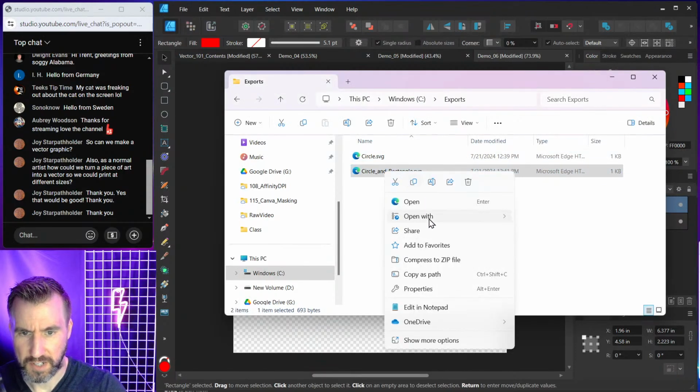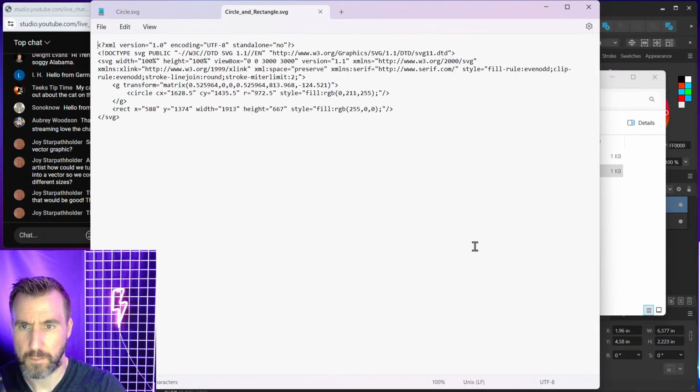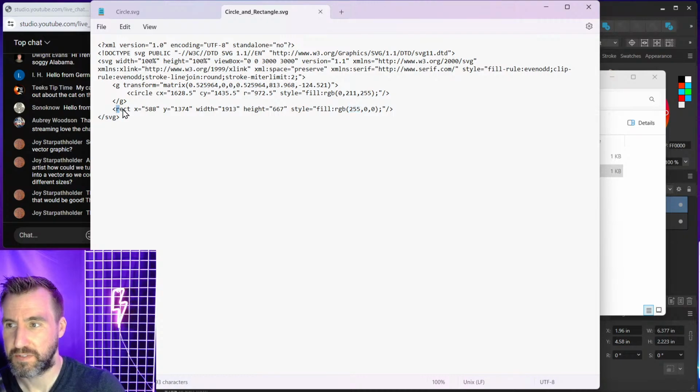I'll open this one up in a text editor. So here you can see this is the rectangle we just added. Okay, so it just gives it an X and Y position, a width, a height, and it filled it with red. So it's very easy for any program that understands vectors to just draw this. And if you want to make the rectangle bigger, like you zoom in 20 times, it just multiplies this number